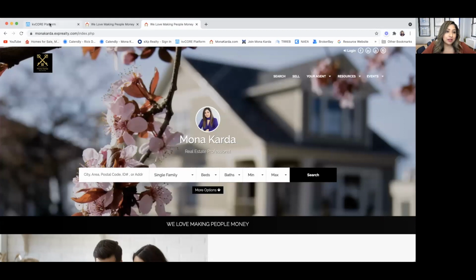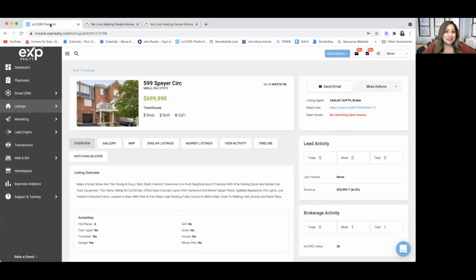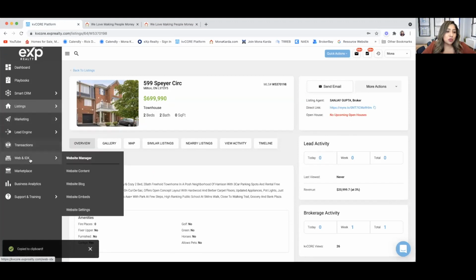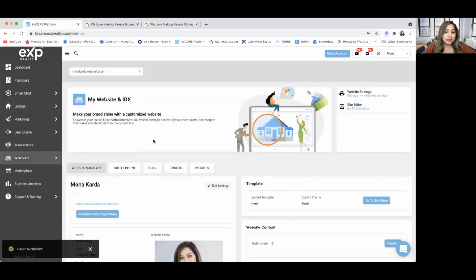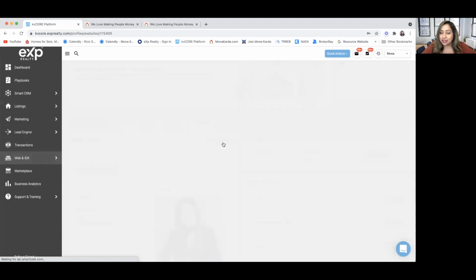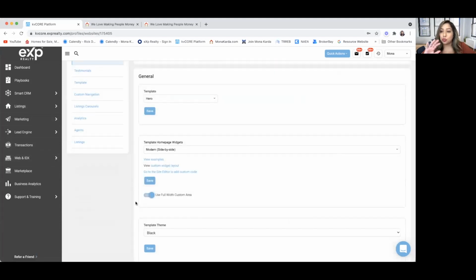So let's go back to the, hold on, while I do that, I'm going to copy that. We're going to go back to Web and IDX, and we are going to go to edit settings, just so I can show you why it did not allow me to continue looking at the property. It prompted me to put in my first and last name, which is what it will do to other people